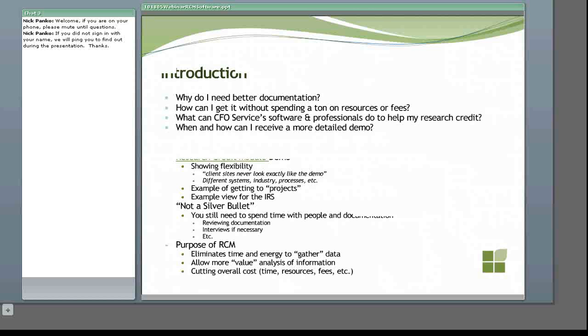Before we show you, what I want to show you today is a demo. I know if you've received the postcard or seen the PDF slide of what we're going to cover, we're talking about why I need better documentation, in terms of, I think a lot of us have seen the recent UTP reporting requirements, the uncertain tax positions, and I will tell you that